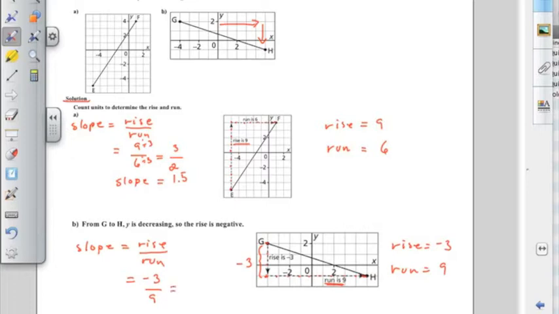Now a negative divided by a positive is a negative, so the overall slope is negative, okay? 3 and 9 are both divisible by 3. 3 goes into 3 once and into 9 3 times. So the slope of the line segment GH is equal to -1/3. Okay? Well, let's look at